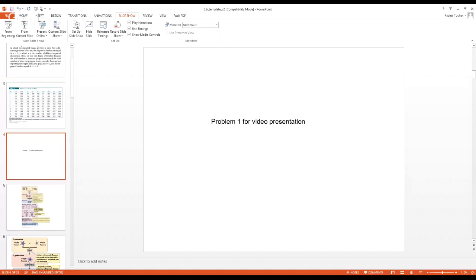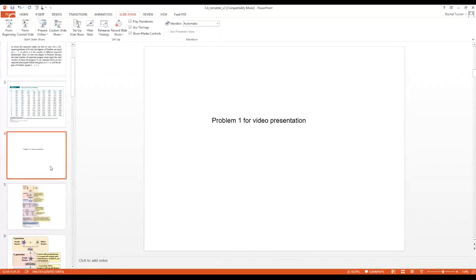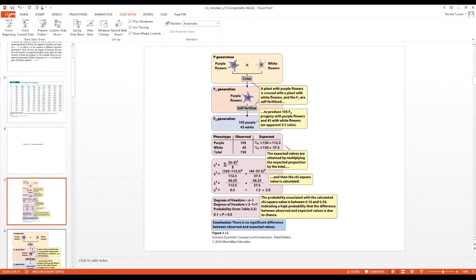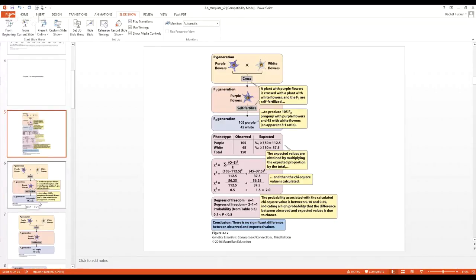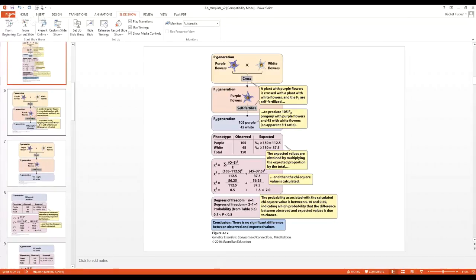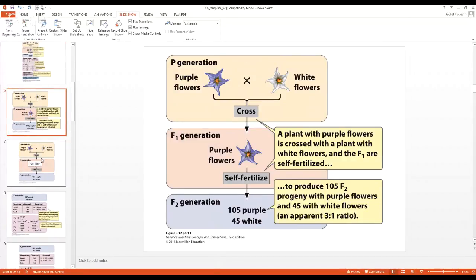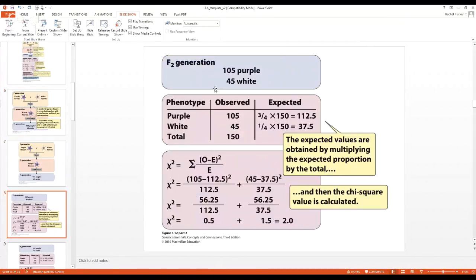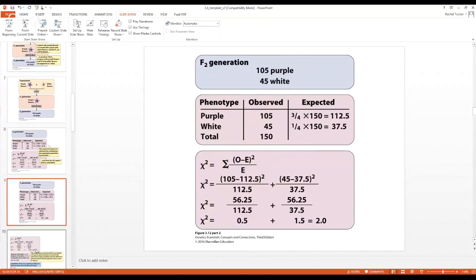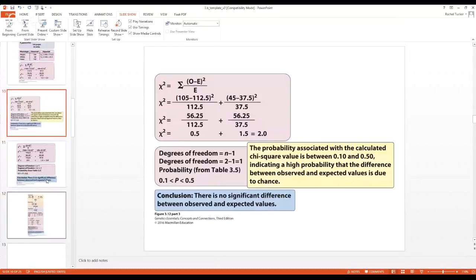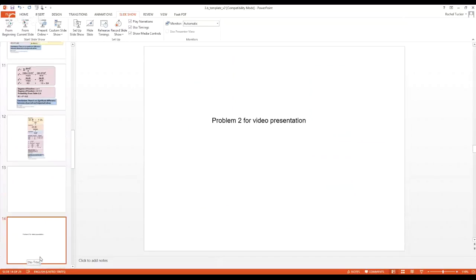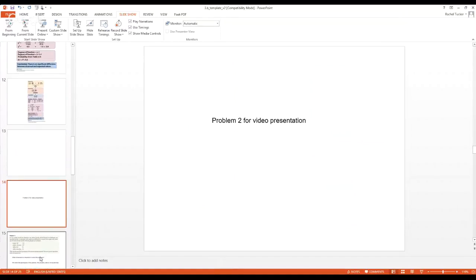Okay, so this is my homework. The first problem is kind of discussing the process that we're going to use for solving the next two. It's just going through the cross and then the results, and then how to do the chi-square analysis, and then determine the degrees of freedom. It goes through all of that. And then problem 2,